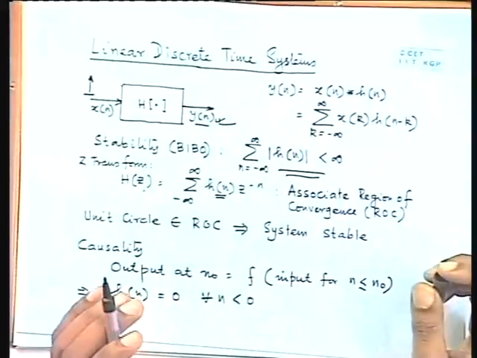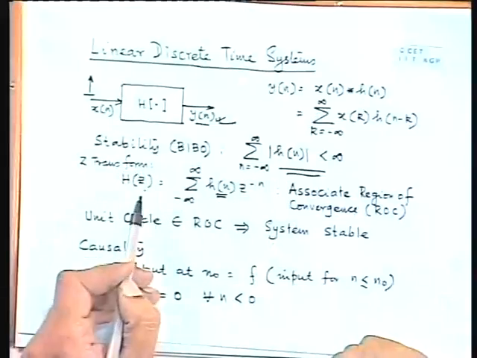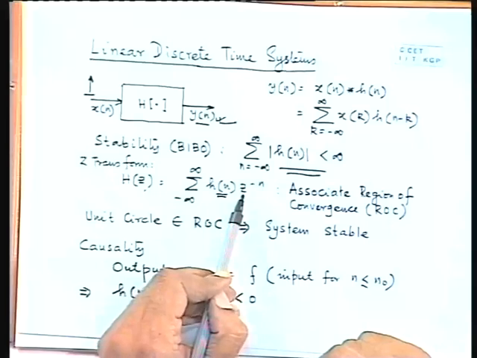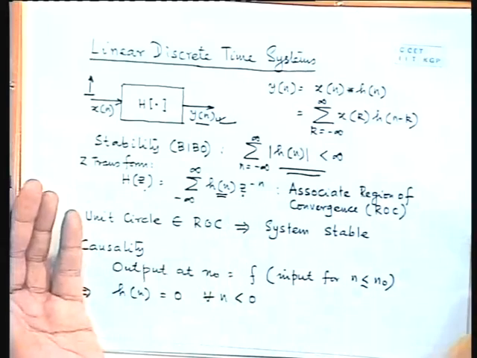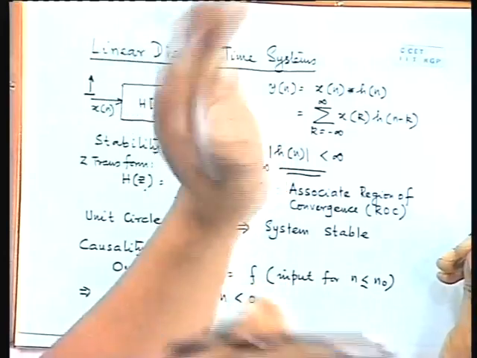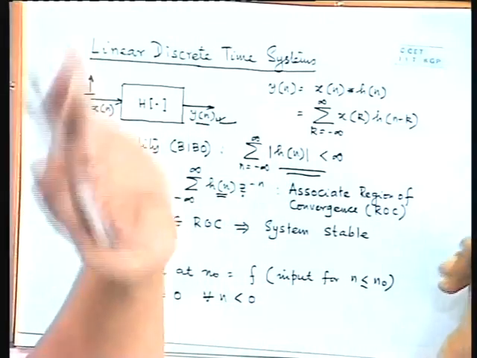Okay. So once we are given this impulse response, we would like to define a transform. We will now study it in terms of a function of z, because that gives us insight. So we define what is known as the z transform. You can very easily understand that if you put z equal to e to the power j omega, you get the Fourier transform. But in general, z may or may not be e to the power j omega. z is a complex quantity. It can have a real part also.